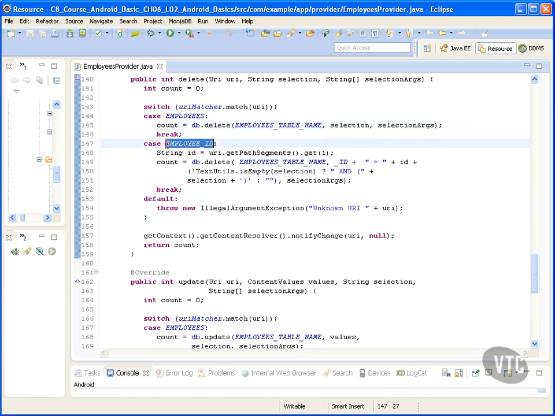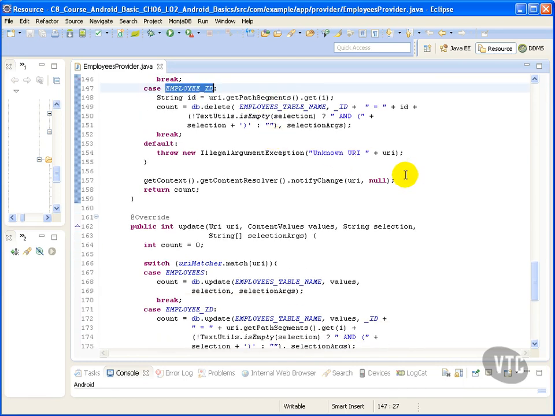Now let's take a look at our case employee ID. This case handles deleting a single record by the ID. We use the method URI.getPathSegments, which returns a list, and we use get method with a parameter of 1 to get the second value in the list returned. Again, we use the db.delete, and this time we use the overloaded delete method in this